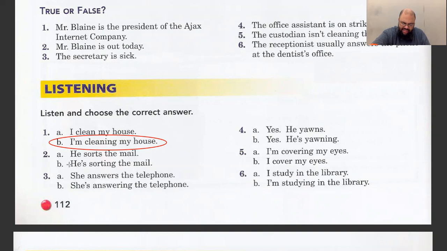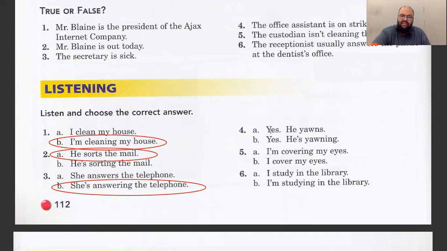Is it A or B? Very good. Letter A, he sorts the mail. Number three, what's the receptionist doing? A or B? Very good. She's answering the telephone. Number four,